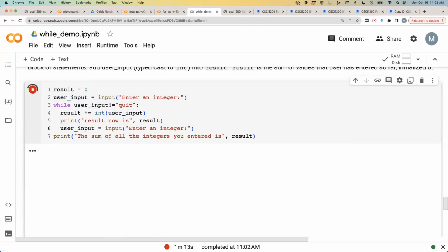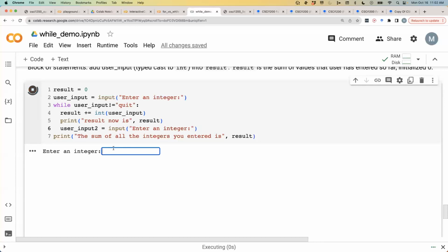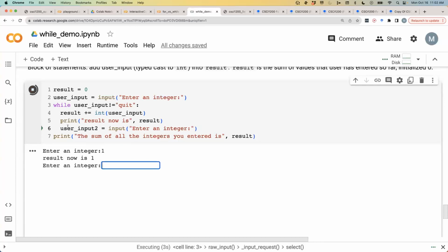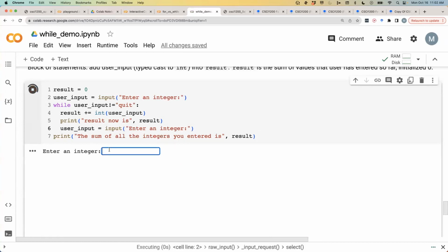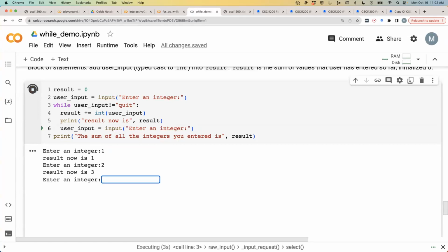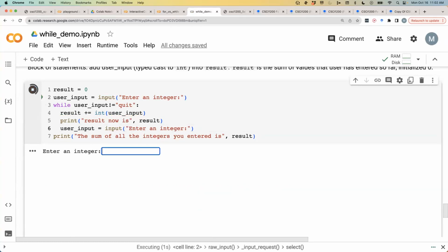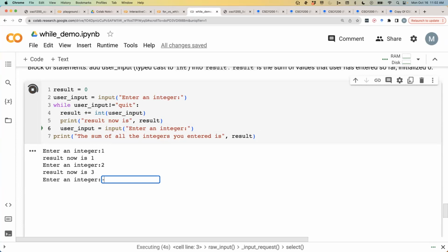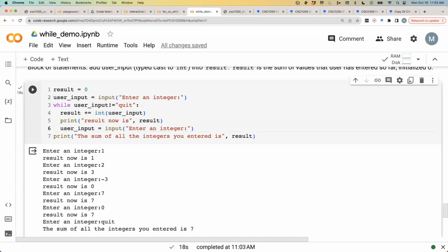So let's run it again. This time it's 1, 2. Okay, hold on a second. I think I made a mistake here. So I'm going to run it again. I have 1 here, and then 2, 3. Okay, let's try it one more time. 1, 2. I can even add a negative value. Now it's 0. I can add 7, anything. I can add 0, and even when I add 0, it still runs. It asks me for an integer. So if I press quit now, and